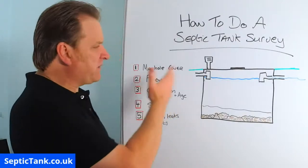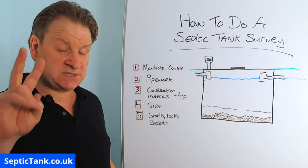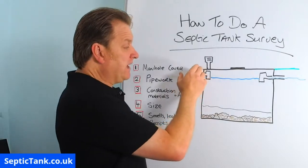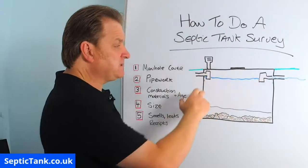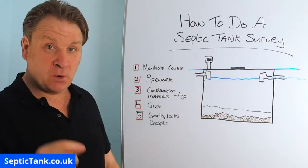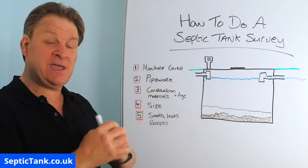So you've come to inspect your tank, you take the manhole cover off, you look inside, and you should see 2 different types of pipe work. You'll either see orange pipe work, so these are called T-pieces, so you'll see some orange T-pieces connected to some orange pipe work, or you'll see it's like clay pipe. It's been molded out of clay,